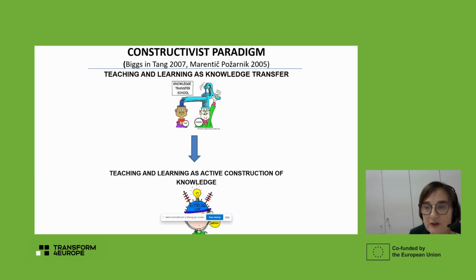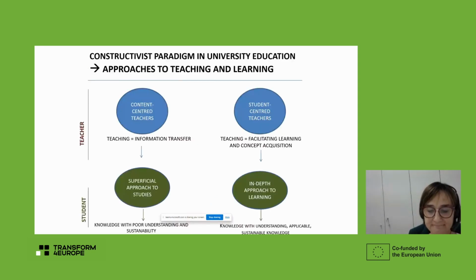Now, a very important implication of these two paradigms is that they also reflect the way students will learn. So it's not just the way we teach, but it also reflects the way students learn. So it influences the approaches to the way students learn. And in fact, we can talk about different ways of approaching teaching. Yeah. So also in research, we can see that the way we approach teaching falls into two broad groups.